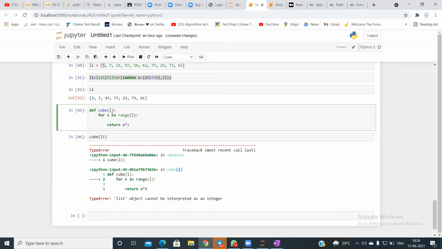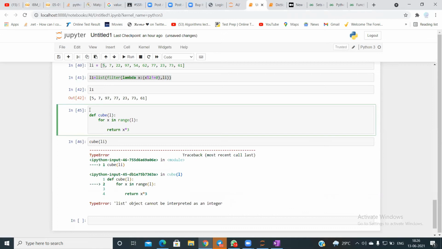Let me create an empty list and see what happens. I'm trying to cube each and every element of the list and return a new list.